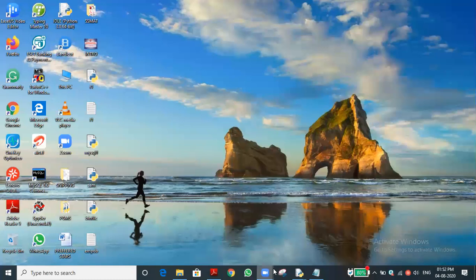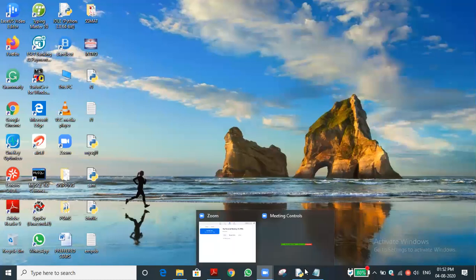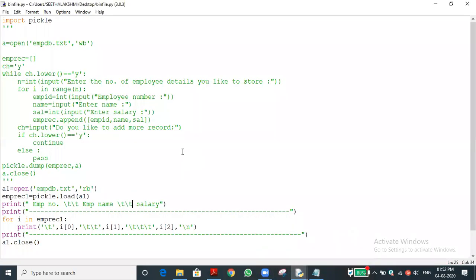In write mode, the previous content will be erased, because we are not updating, we are just storing the data. Sir, I tried append mode also, but the previous data was not stored.